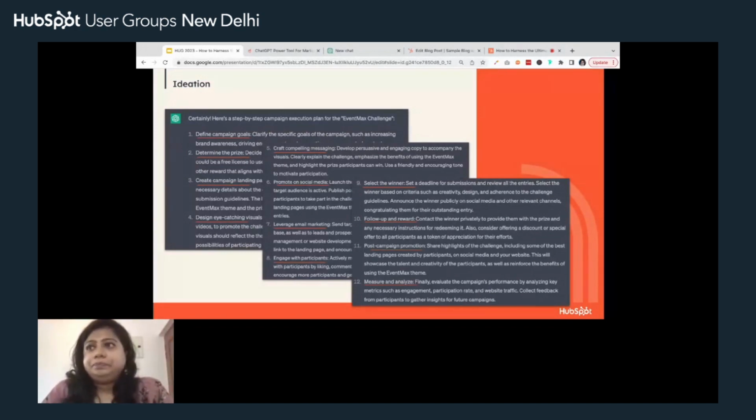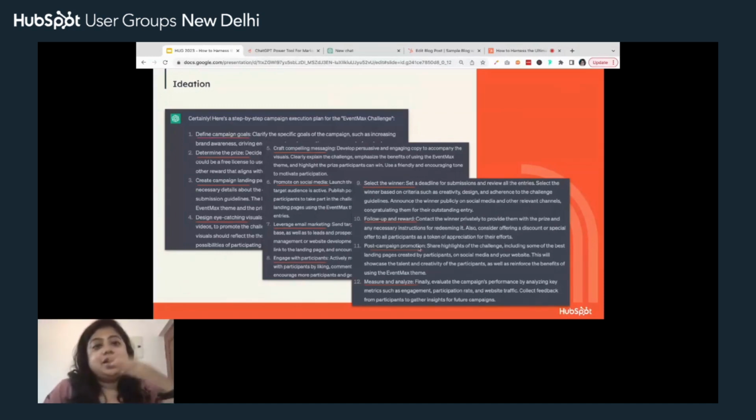Now, to some of us, this might seem like a really basic example of what ChatGPT can do, which objectively might be a basic thing. But when you think about it as a marketer who has 50 different things on their plate, rather than breaking down the campaign project for their team, this is a really quick way to get a breakdown and just assign tasks to people.